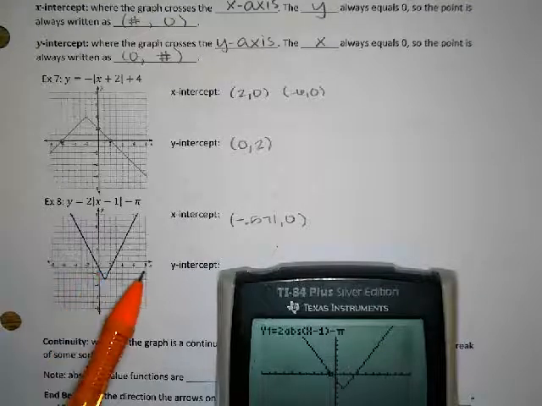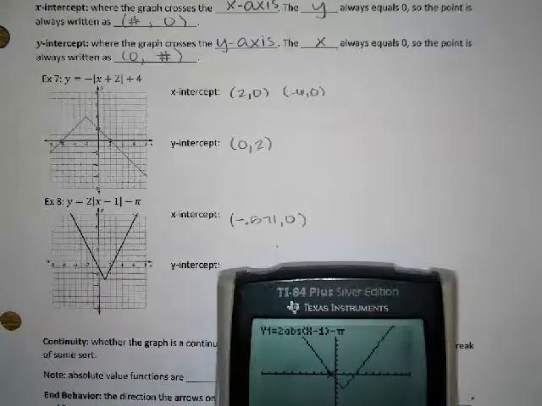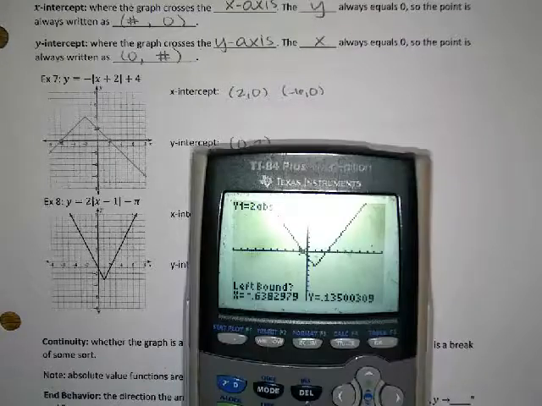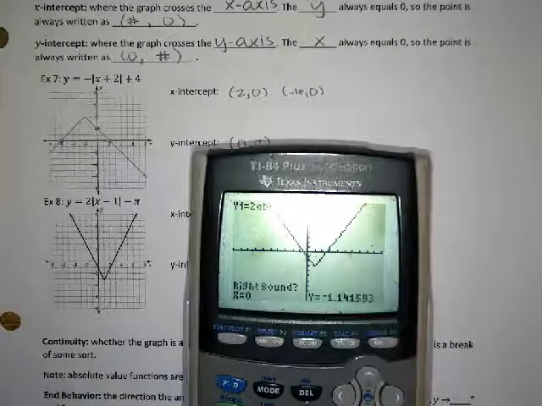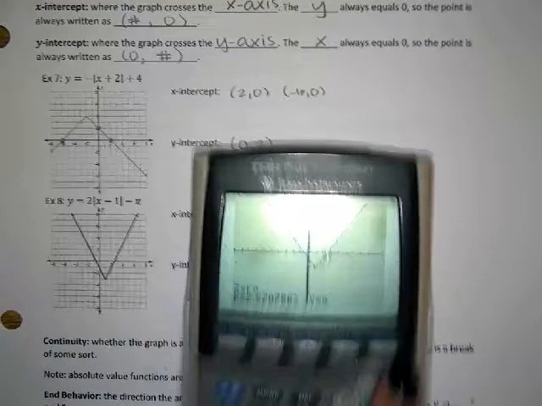You can just say the x-intercept is between 0 and 10. As long as you are choosing values that are in the window of your calculator, it will do just fine. So if I look from 0 to 10, my calculator can find it. So 2.571,